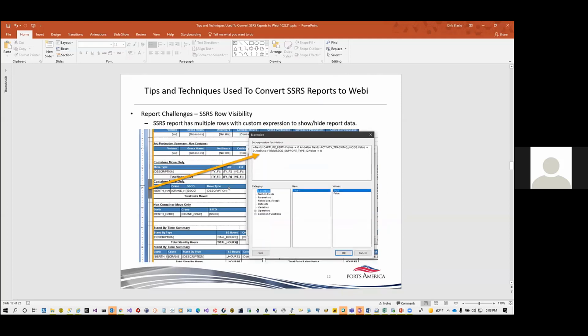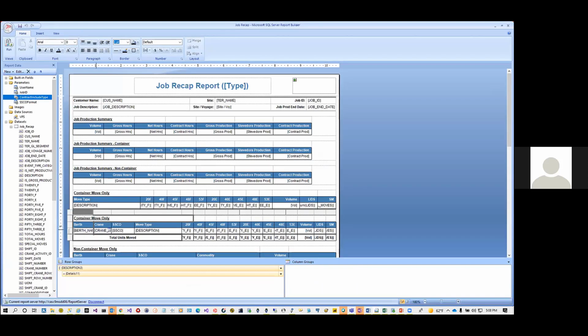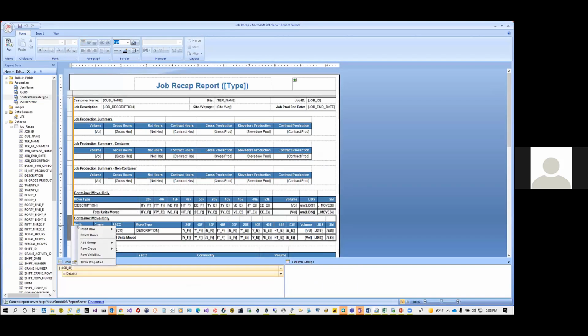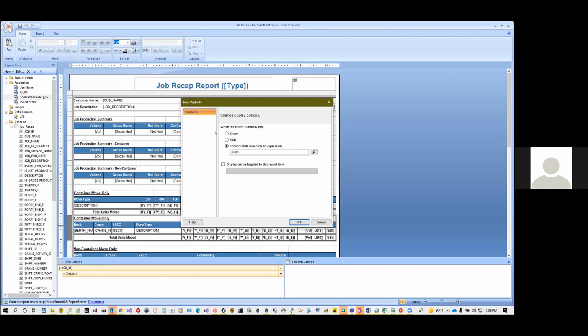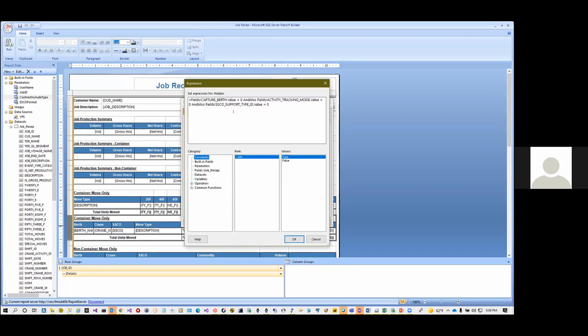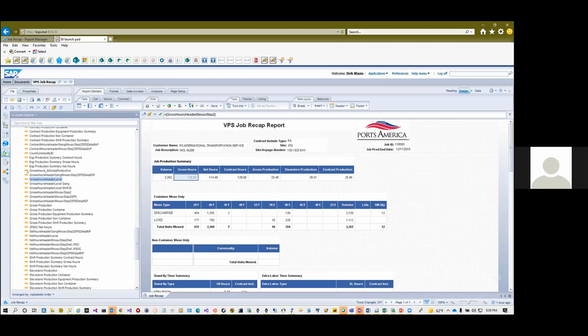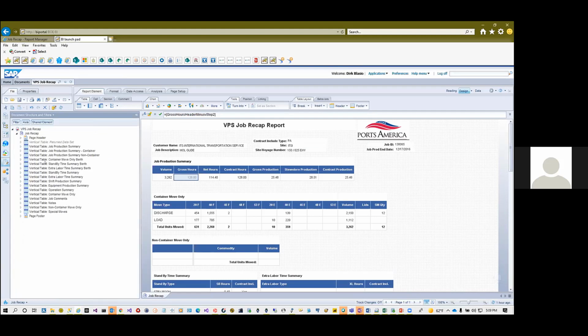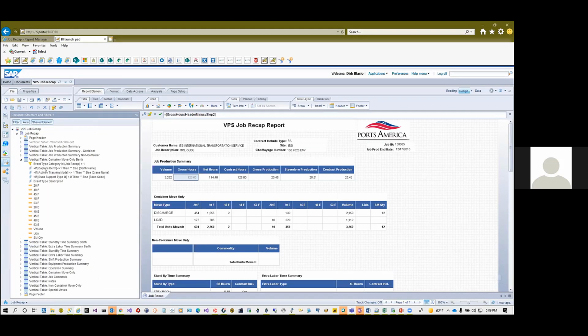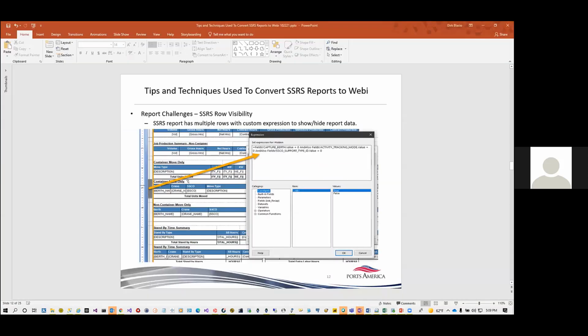Another challenge was that the SSRS reports have multiple rows with custom expressions that show or hide report data. And so just a quick example, if I go to the SSRS report and row visibility, you can see it's not just showing it, it's based on an expression. And that expression is here. So to replicate that in Webi, what I had to do was, and let me find the right one. Okay, so what I had to do was